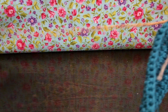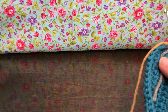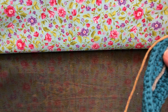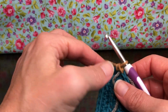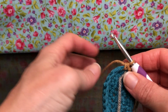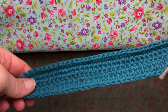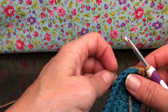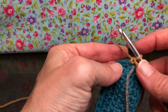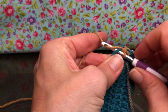Working on our pot holder. I am on this amber color now. In case you're wondering what's going on in the last episode, I changed my color. So I'm on the amber color, so if you missed that, please review the last one. So this is going to be rounds 4 through 19. Wowzer, I love it. So this is my color for this, and it is single crochets all the way around